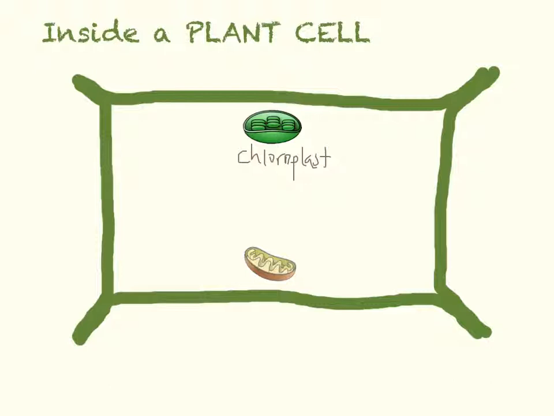And then you also have a mitochondria. And when it's by itself, we say it is a mitochondrion. So these are the two organelles inside a cell that actually help you, or help a plant cell, obtain and